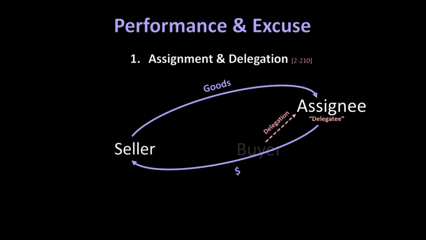In the business world, assignment and delegation of contracts is routine and consistent with the fundamental property principle of free alienability. But the assignment and delegation of a contract also raises potential issues for the other party on the other side of the original contract. A party to a contract might reasonably want to insist on performance by the party she originally contracted with, and not some stranger, some new third party. The seller here may say, I know the party I contracted with, but I don't know this new third party. How can I be sure that I will get what I want out of this contract? How do I know I want to do business with this third party?